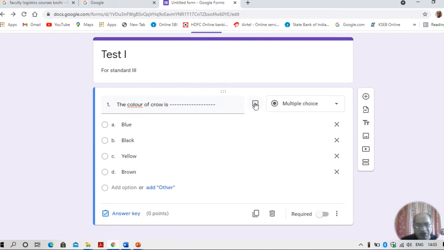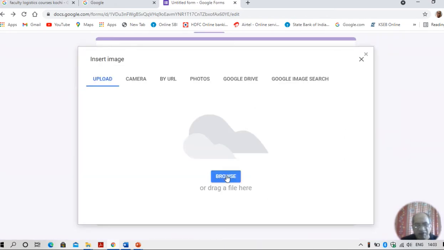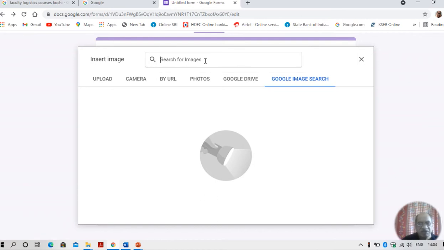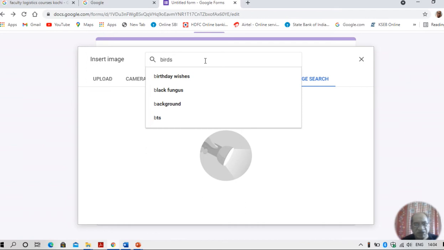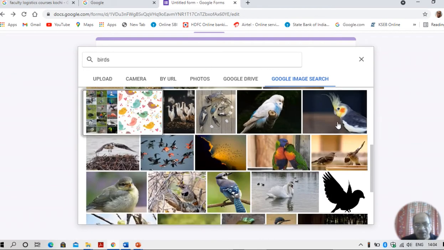then you have a choice of here multiple choice. You have a small icon. You click it. You can select an image from your computer or laptop or select Google image search. I have selected Google image search. Birds. I have selected birds. You get images of birds.